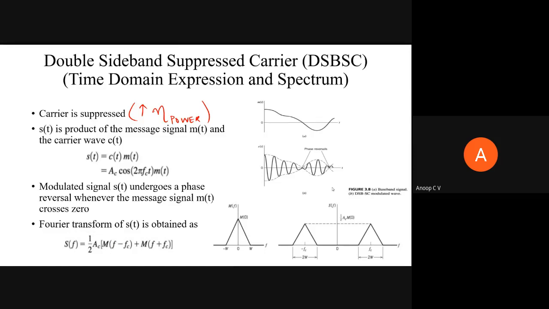So I'll have to try and use some other means for detecting it. What we have discussed now was what is DSB-SC, the need for DSB-SC, and we even know how to obtain the spectrum of DSB-SC, right. And this is the spectrum of the DSB-SC signal. It doesn't have a carrier. It has actually upper sideband and lower sideband, right. So the carrier is suppressed, so we have improved power efficiency, right.